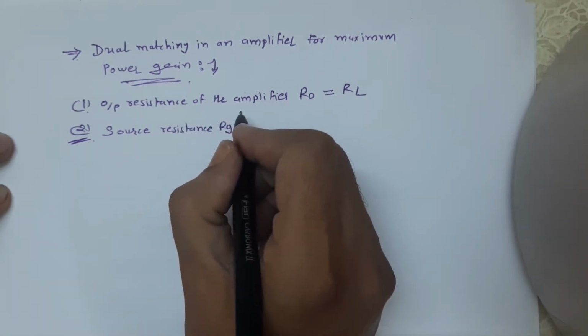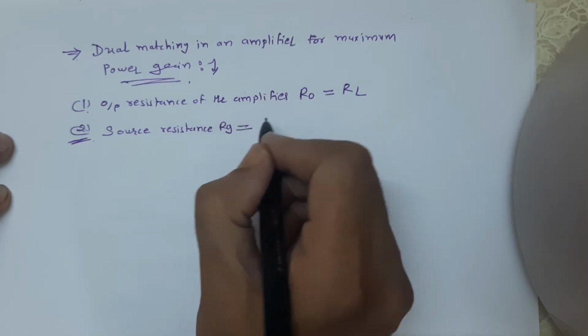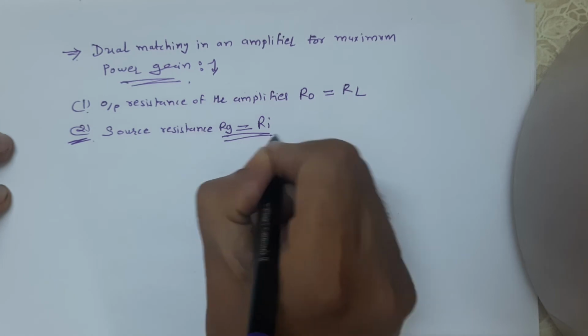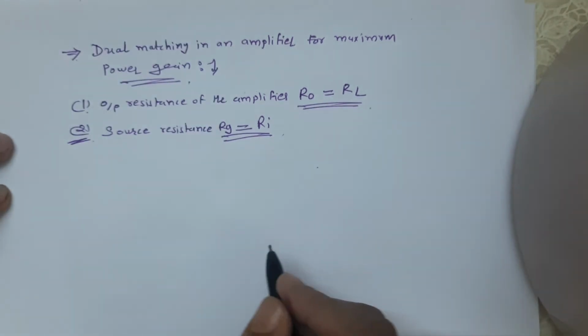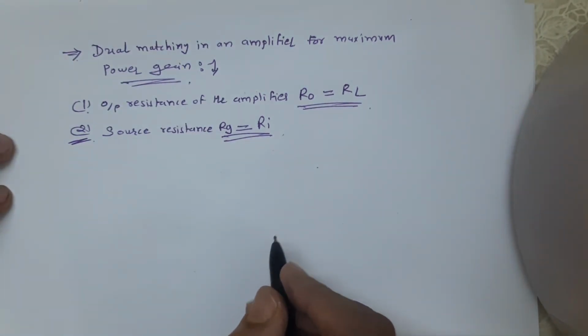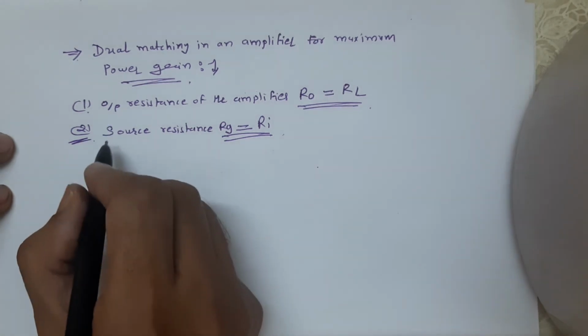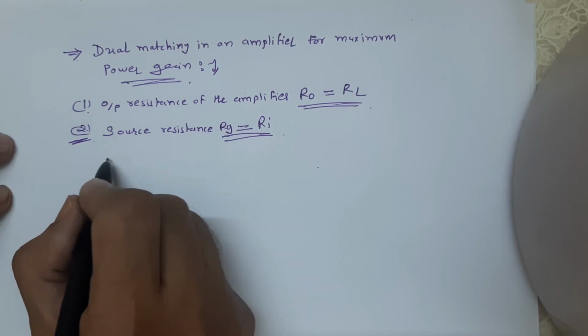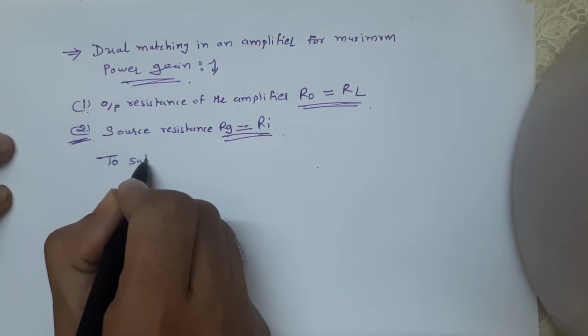Rg should be equal to the input resistance Ri. To satisfy these two conditions, the necessary values of RL and Rg are given as,